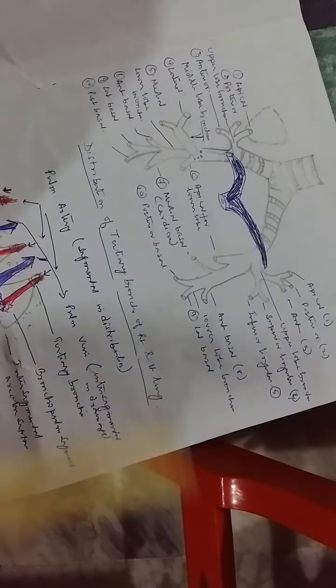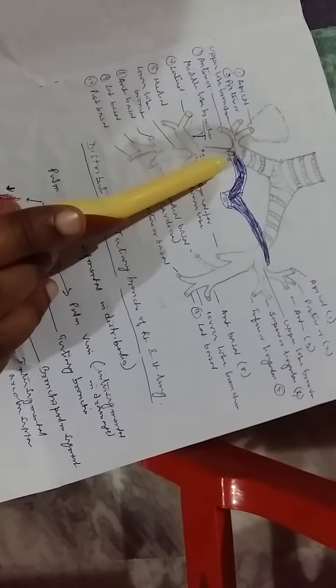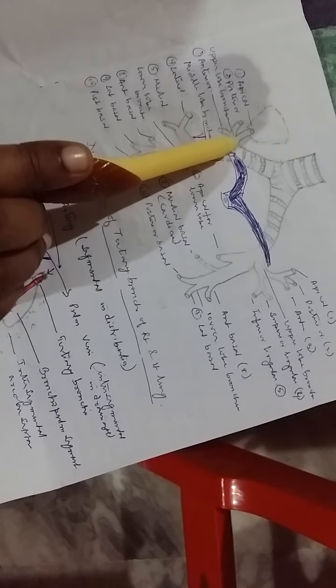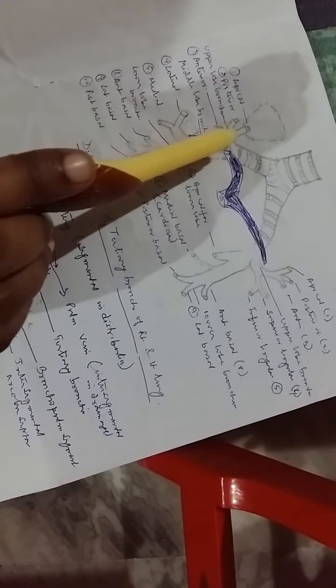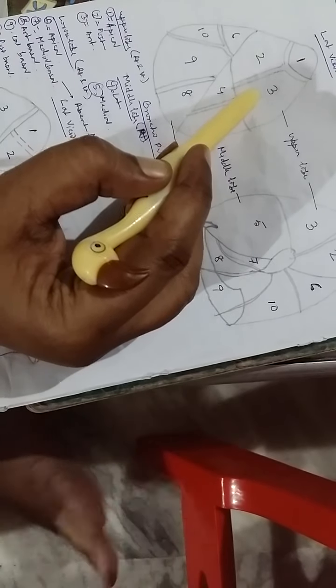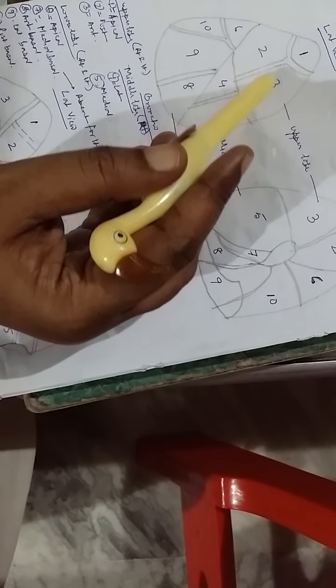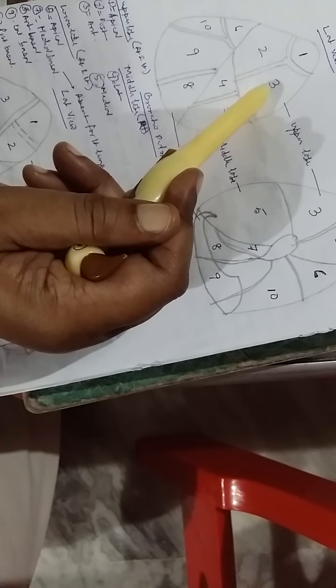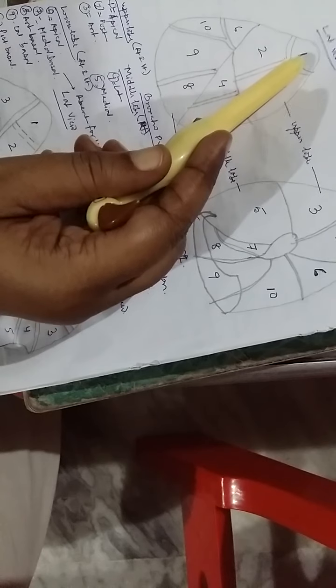Now you have seen, just a few seconds before, that the tracheobronchial tree is divided into three secondary bronchi, that is for the upper lobe, middle lobe and the lower lobe. Now the upper lobe bronchus divides into three branches: one for the apical part, another for the posterior part, another for the anterior part, and they are given the numbers